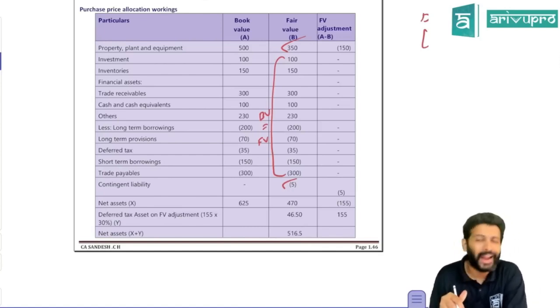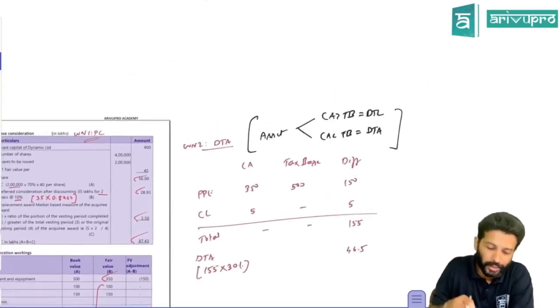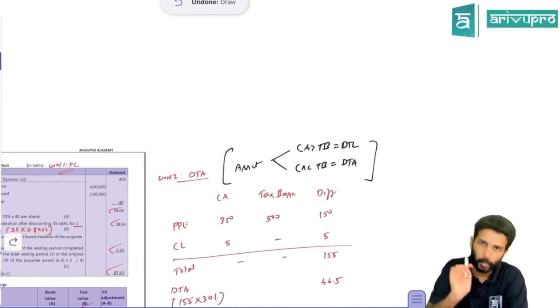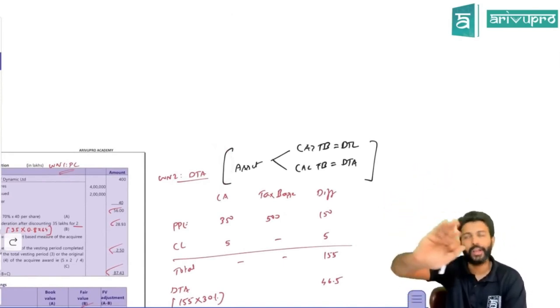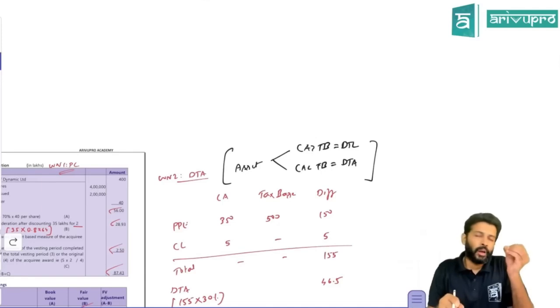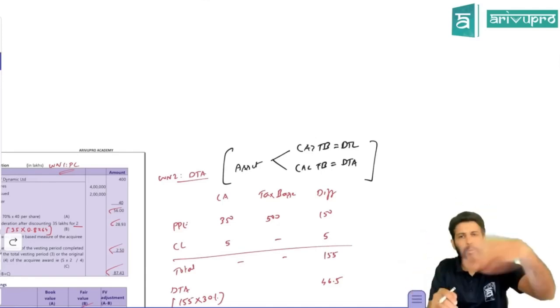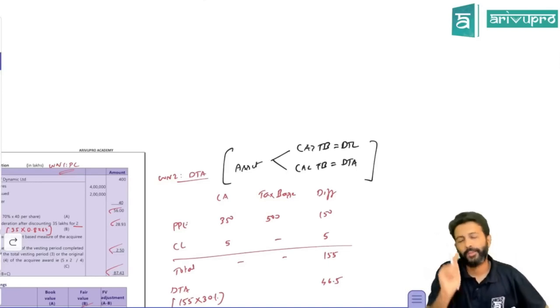But hang on, before this. Because there is a fair value adjustment, you will also get some DTA, DTL. So before you put up this working note, you should put up the working note for DTA or DTL. And for DTA, I have already told you one equation. I'll prove it to you also when I do that particular topic. For now, just learn it as an equation. DTA, how do you calculate this? For assets, one equation. Actually, there are 4. If you remember one, automatically you can construct the other ones as well. First one you try to remember.